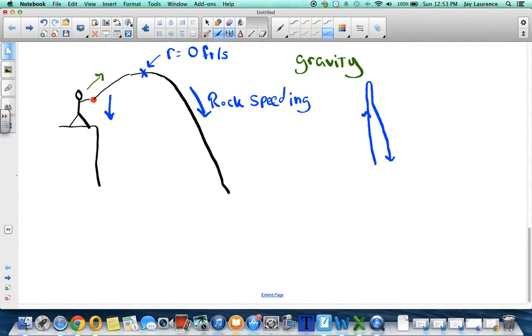So if the rock is speeding up, isn't it safe to assume that it's going to cover a greater distance vertically in the same amount of time the further away from the vertex it is? Let's think about this. Let's say it takes 1 second to go from here to here. Okay, 1 second. Now, of course, it's traveling along this black path here, but let's say it takes 1 second to do that. Well, in another second,